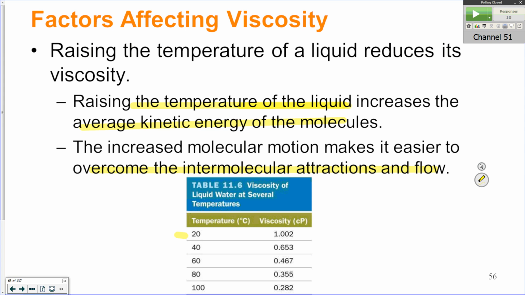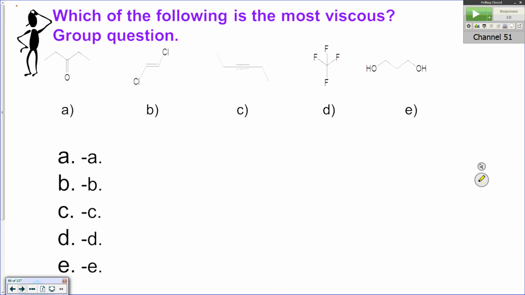So water itself has a value of 1 at 20 degrees. If we heat it up to 100, it drops to about a quarter of that value. So it's a 75% reduction in that physical property. That's a big change when you're thinking about things engineering-wise. Okay, so